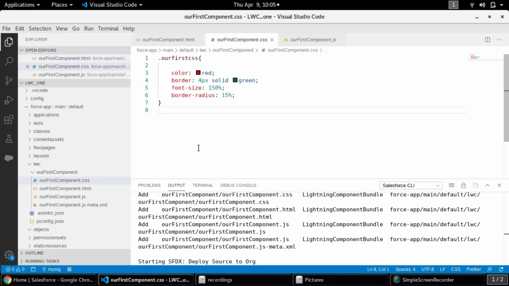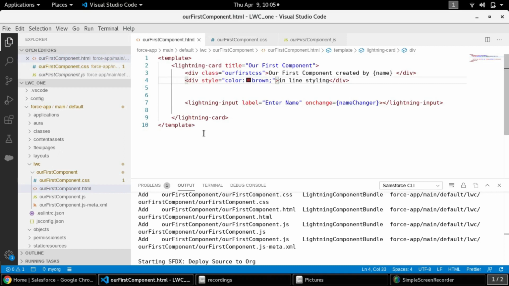Another important thing I want to talk about is host. In our HTML we used to have a body, but in LWC we have a template. That's the only difference. Template is nothing but a body.